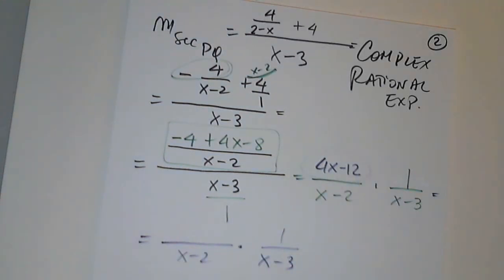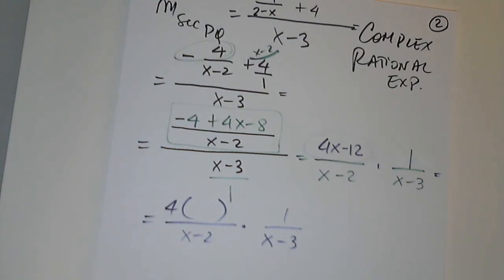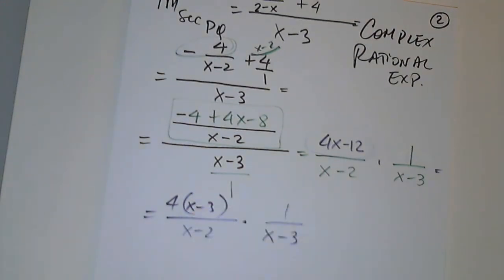Excellent. You can check out 4. What is left in parentheses? X minus 2. And now look carefully. Excellent. Thank you. So now we'll look carefully and say,